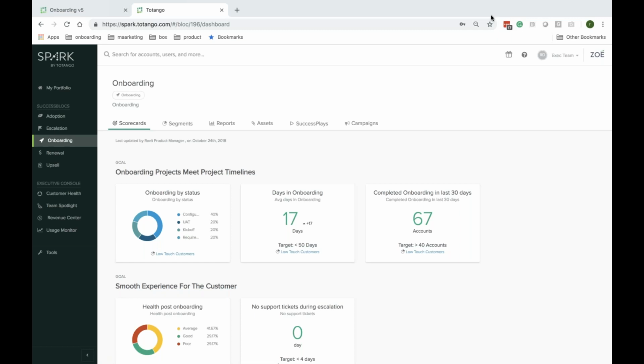One of the questions that we had here was, can I change the goals and KPIs once I actually publish an onboarding success block? The answer is definitely yes. You can go ahead and change the KPIs and the goals if you are a global admin at any point in time, and the dashboard will show you the up-to-date data for that specific KPI or goal based on your definition. Another question that was